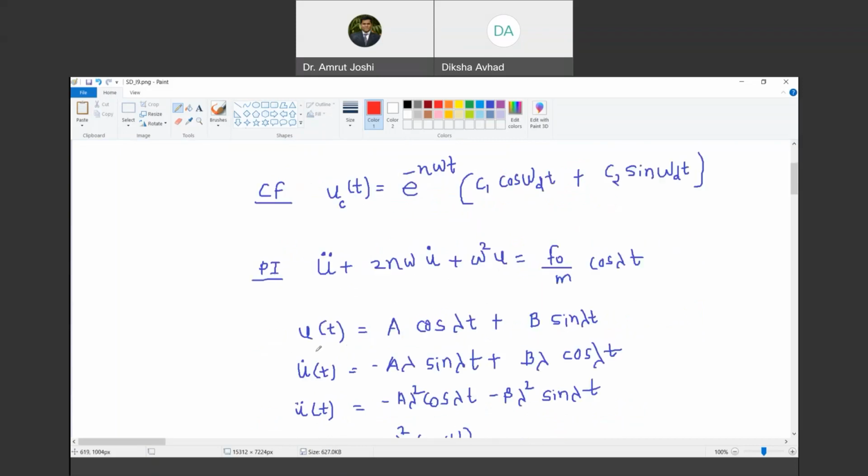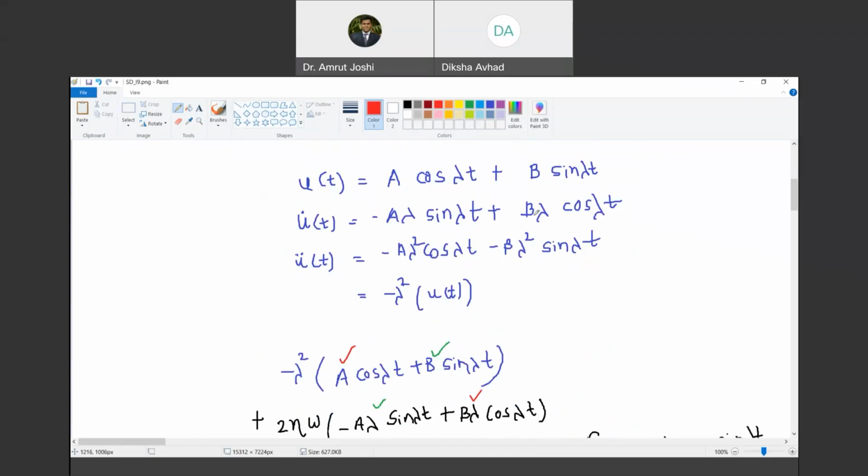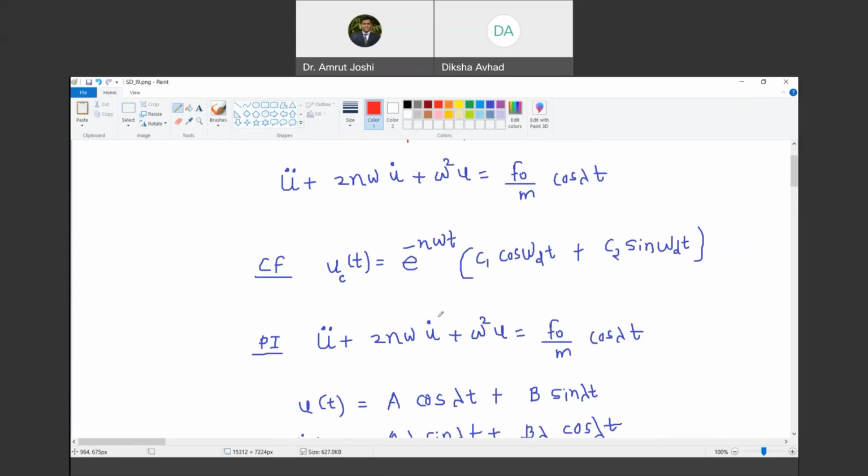So we claimed that a cos lambda t plus b sin lambda t is going to be the particular integral which satisfies the governing differential equation, with the right hand side being the original one without making it zero. And then our aim was to calculate a and b. Are you with me? These a and b we have to calculate in terms of known system parameters. So that's what we are trying to do. And those two constants a and b will be obtained through boundary conditions.